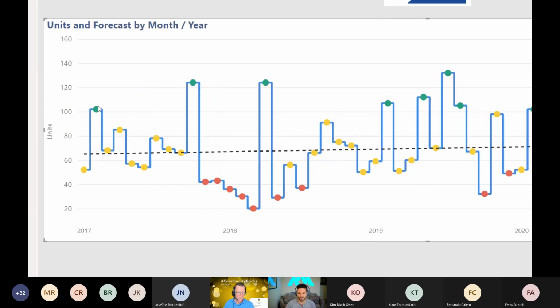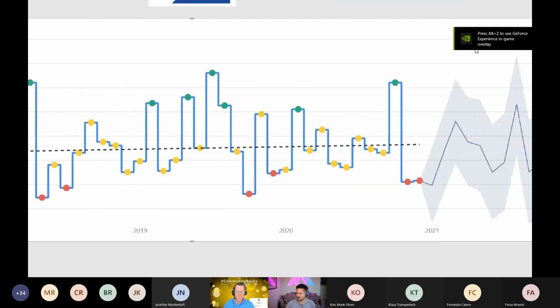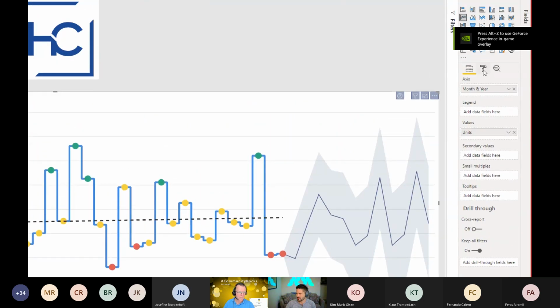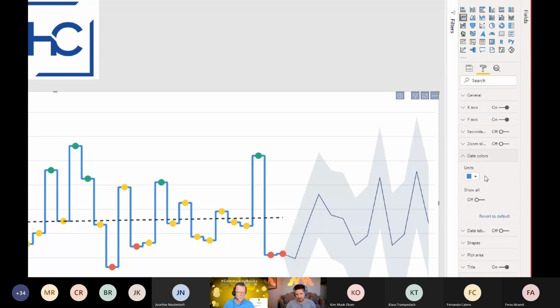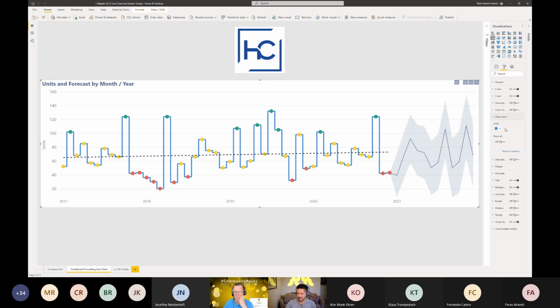So if you look here, all the little KPI conditional formatting icons that are on here, those are things that can be added to a line chart, but you will not find this feature available directly built in to the format option. If you actually come down to data colors, typically what you would see in here is an f of x symbol that is in the right corner, but the problem with that is you don't see that in the line chart. Other visuals have that, but there's nothing in here to add any kind of color logic to the visual itself.